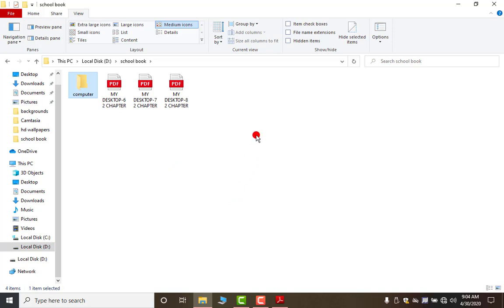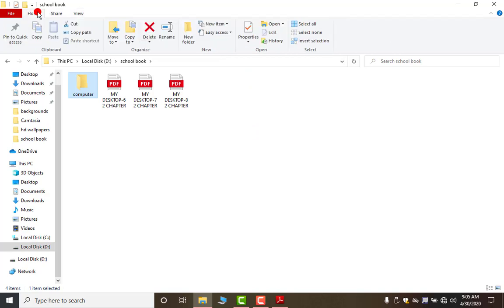Now I'm using your book's method. You have to click on this Home in Windows 10. In Windows 10 you have to click on Home and here you will get this New folder option. Look, this one. Click on this. Again you will get a new folder. Now give any name. Suppose I want to give my name. Okay, and click here outside anywhere. By this you can create your folder. This is the way by which you can create a folder anywhere with any name.